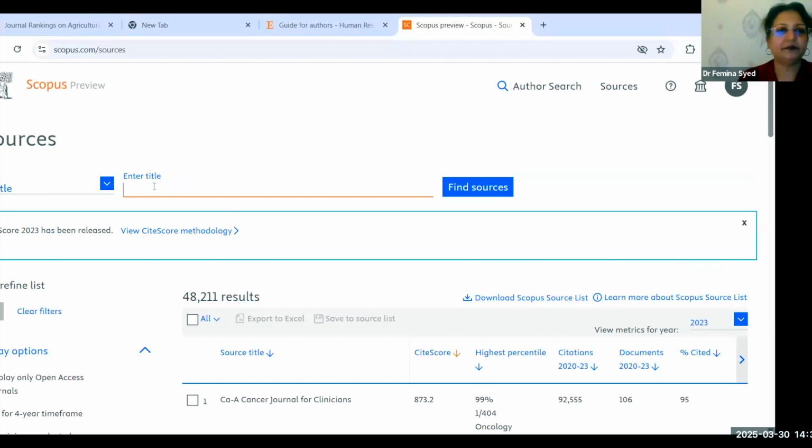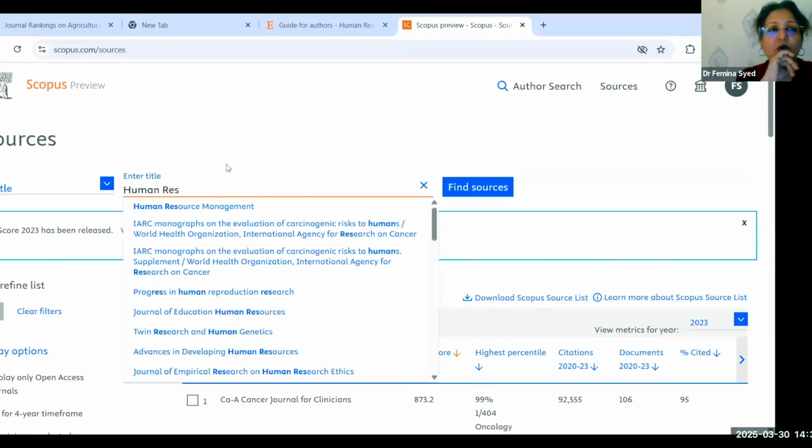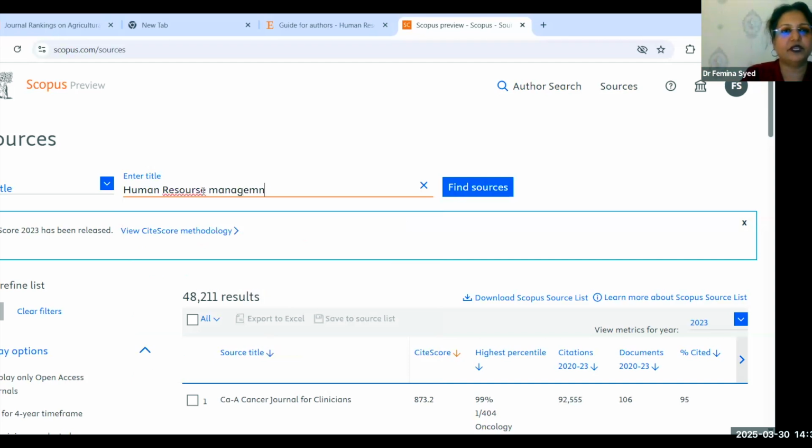So here, say, let me search the same article, human resource. Now, this is not the interface of Scopus. When you open Scopus through the institutional access, the window is different. It comes with advanced searches and all that, wherein you can give the ISBN number, ISSN number, journal title, author name. That is the interface which you get when you open it. Since it is Eid, I am out of the institution, so I don't have access to that full Scopus window. So you need institutional access for getting that particular window.